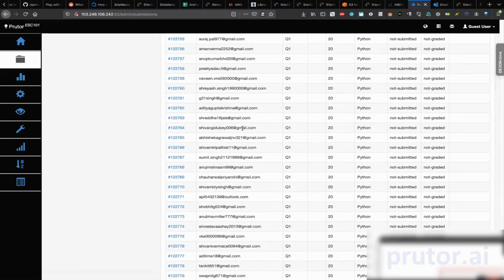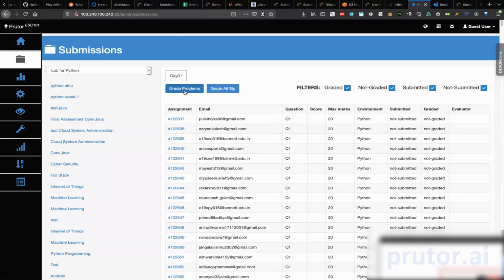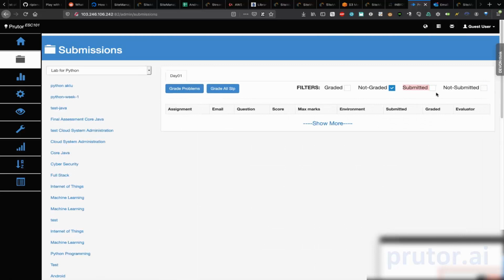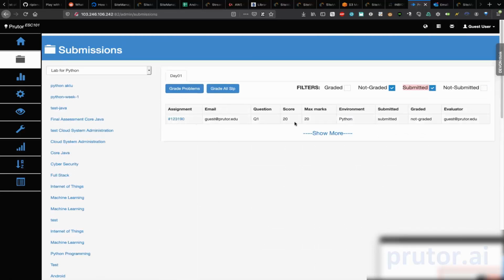These are all ungraded. All I have to do is click this one single button, grade problems. It will go ahead, look at the number of test cases passed, and proportionally allocate marks to all those students whose test cases have passed. I may choose to look only at those students for whom none of the test cases passed. Those I need to guide. Otherwise, sir, one single click will solve the problem. Right now, let me look at not graded and not submitted. Submitted. So there is one problem here that was submitted.